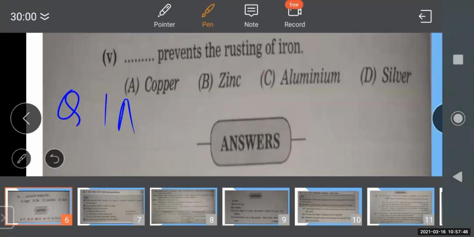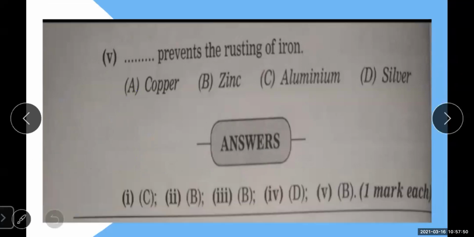Okay, students, we will move to the next question. Question number 1 B. And for your information again, for your revision, I'm telling you again that every question should be on the new page. Like question number 1 A, 1 B. You have to write continue. You can leave 1 2 lines, but you have to write down continue.